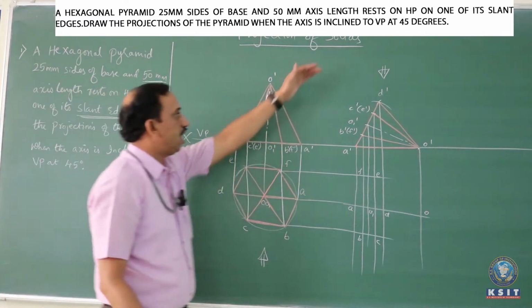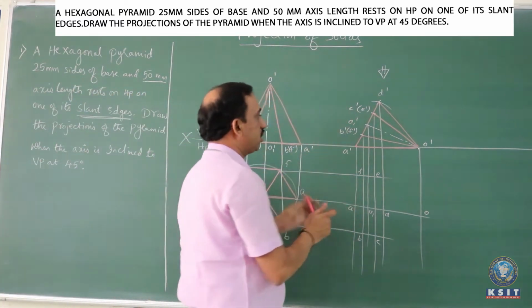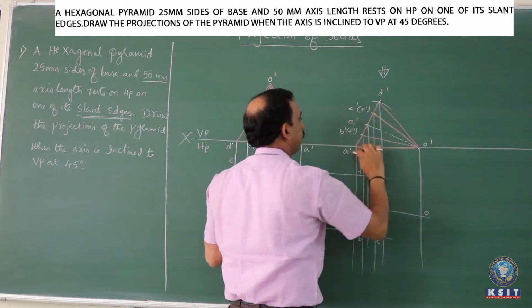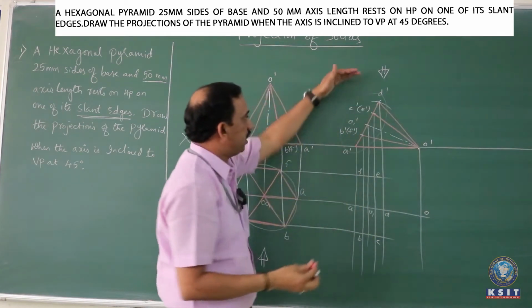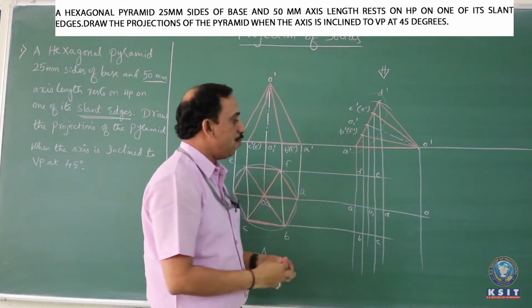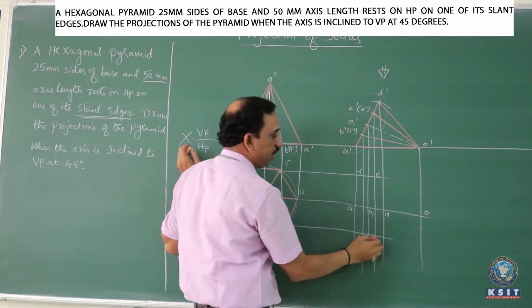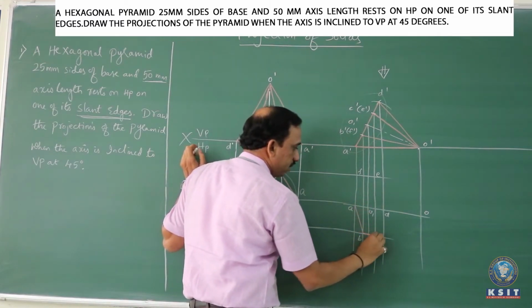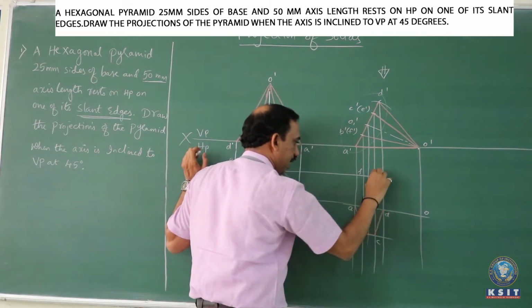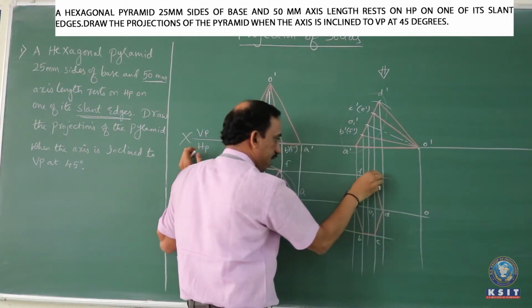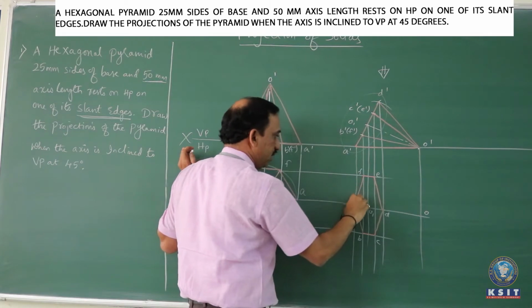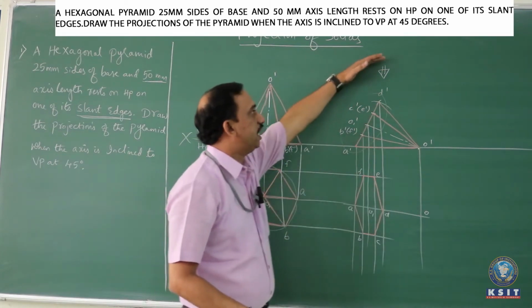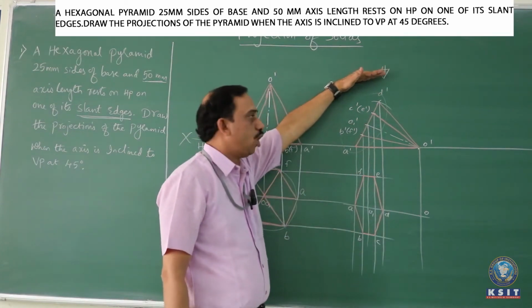So when the observer sees from the top, you can observe this is a complete base face. This complete base face is visible to the observer. Make this hexagonal base face visible by connecting A to B, B to C, C to D, D to E, E to F, F to A. This is a hexagonal base face which is nearest to the observer when he sees from the top.